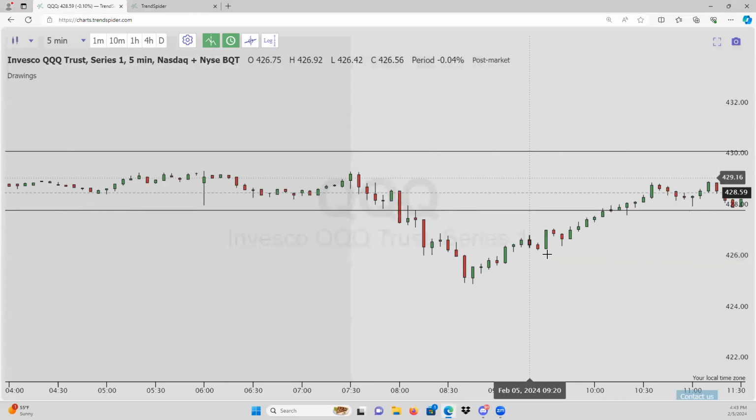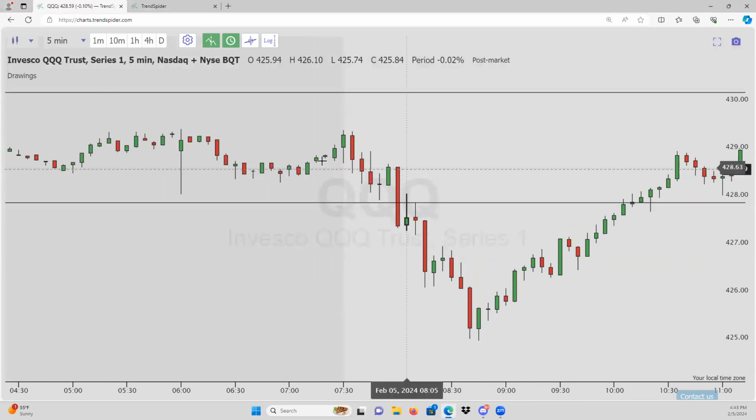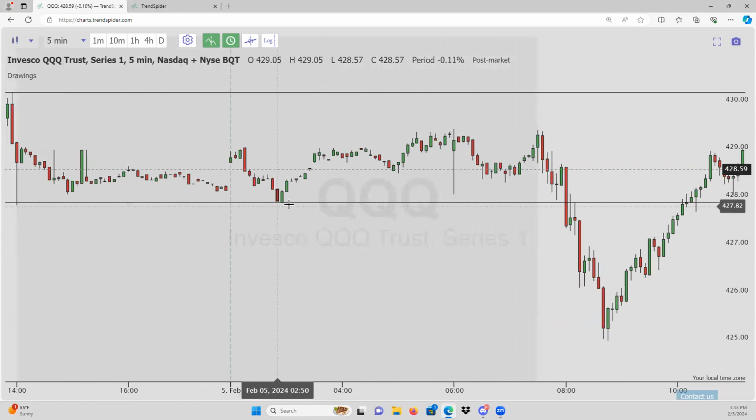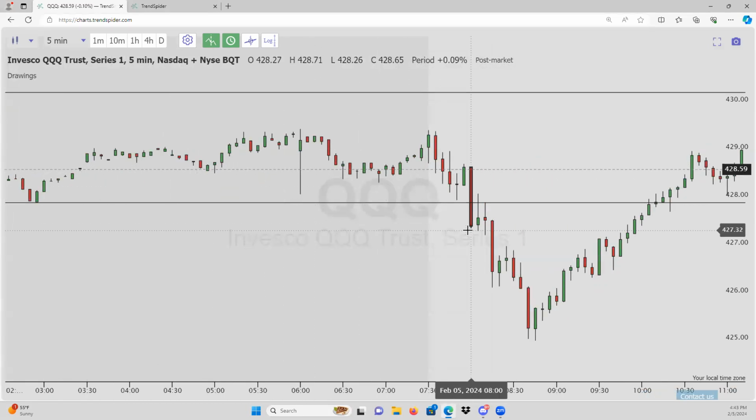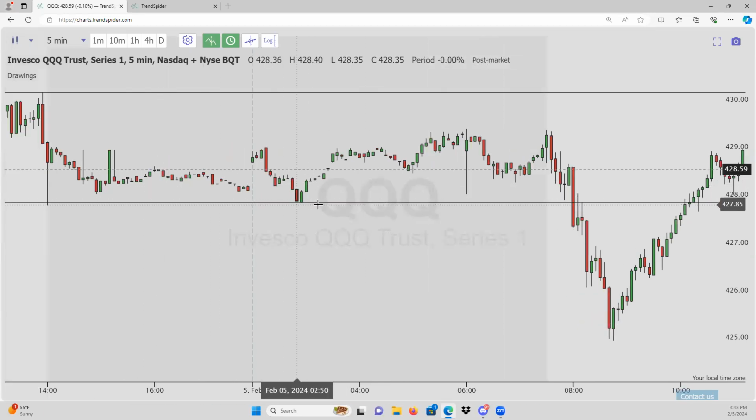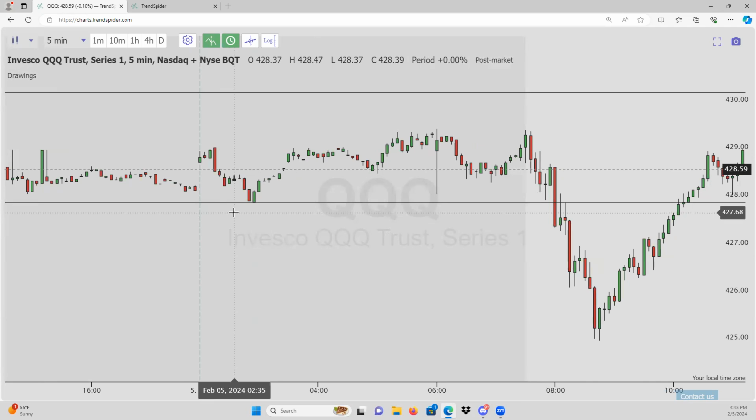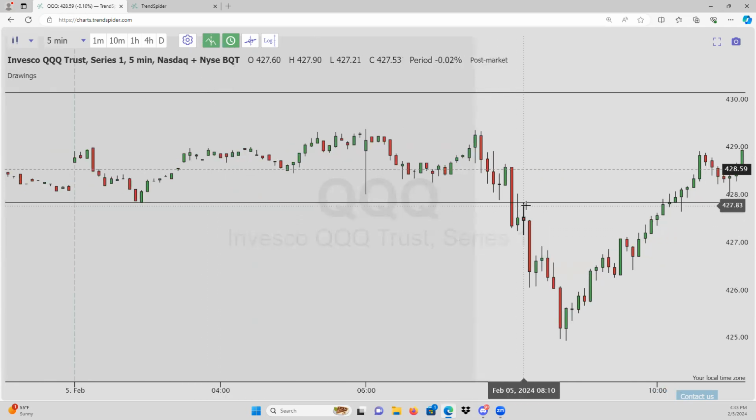So we have the breakdown. So this is a very good example of a break and retest, right? So we have the pre-market low, market selling, we break through, we're retesting this pre-market low. And what do we know about this pre-market low? Well, if we break and hold, more than likely there's a higher probability that we have some continuation since it is showing us that we are breaking these lows.